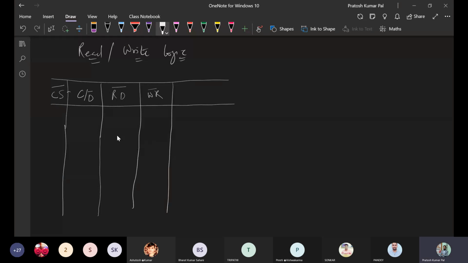Based on the different modes of these controls, different operations will be performed by the 8251. When the chip select is 1, that means the chip is not selected. It is not activated, so whatever the condition of these pins, it will be considered an invalid command.